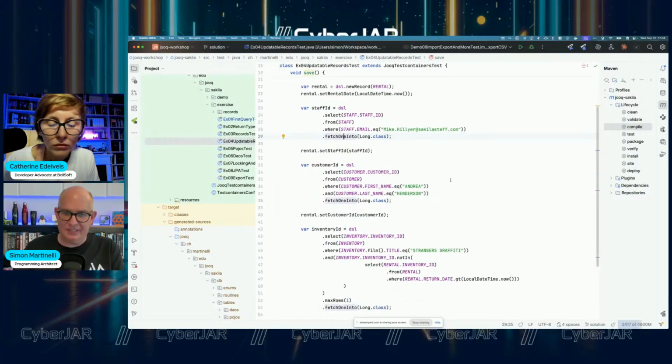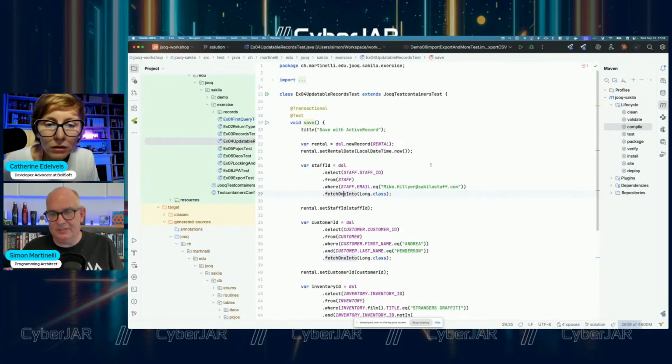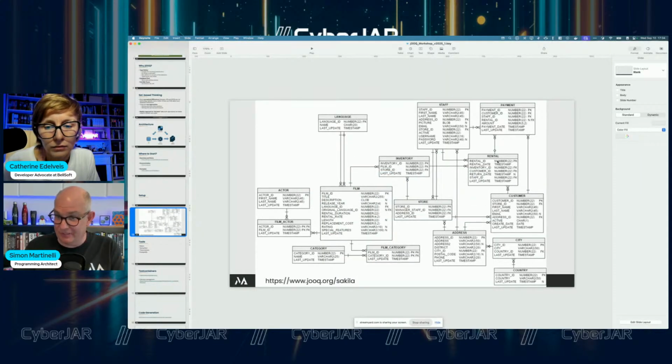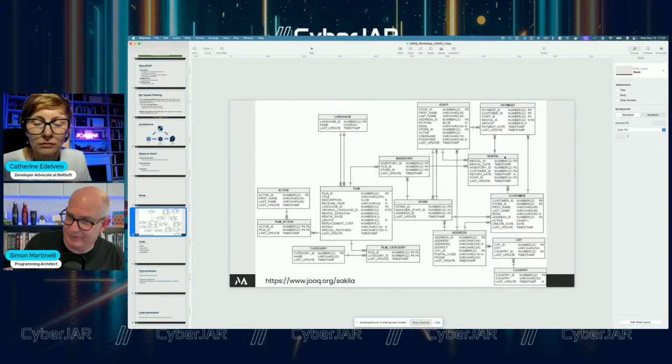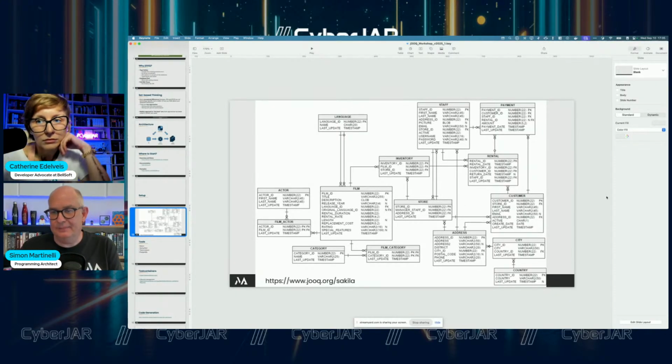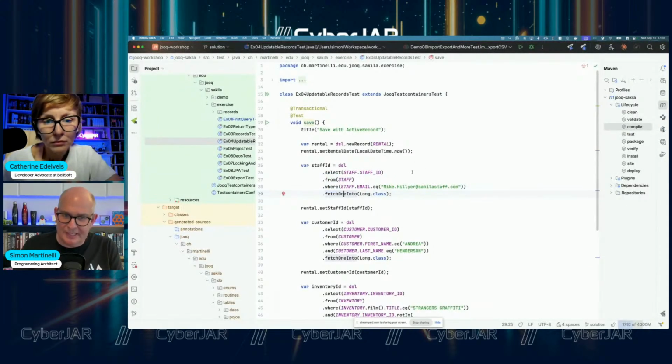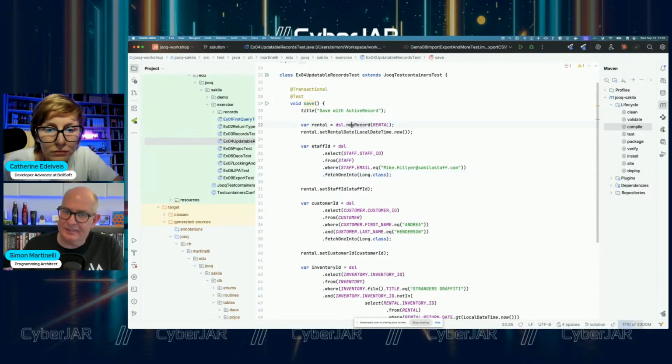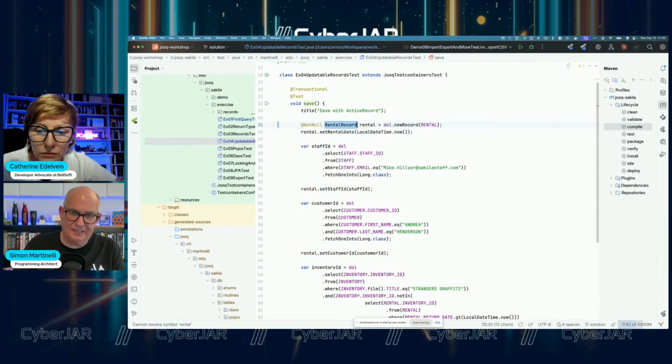Let's have a look at this one here. Let's say I want to create a rental. So I want to create a record in the database table for a rental. To create a rental, I need an ID from the inventory table because I want to rent the film, and then I need a customer at least. I will also probably need payment and the staff member who is doing the rental for the customer. So in that case, I create a new record.